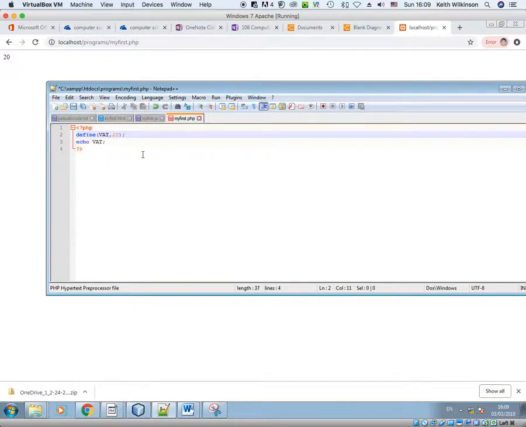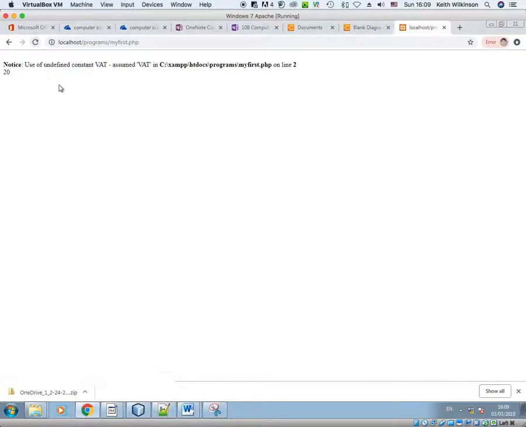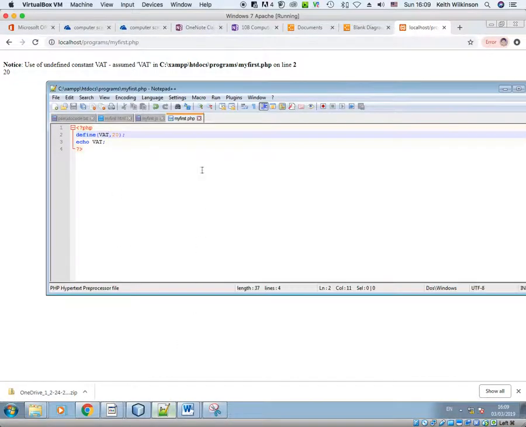Now, just to prove that we cannot just set it without the string here, I've got the same code. I've taken the quote marks off the VAT. I save and try and run that, then I get an error, and the error is saying that, well, it's printed 20 because it has assumed that VAT was in quote marks, okay, but it realized that it was an undefined constant. In other words, I hadn't set it as a constant by using the quote marks. Quite difficult to get your head round, but that is actually the way to set up a constant in PHP,